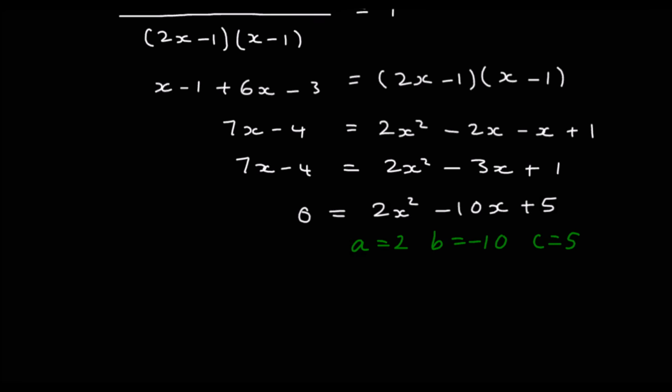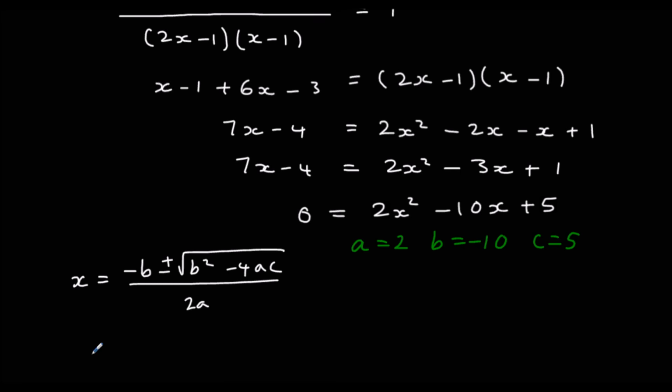And the quadratic formula says x equals minus b plus or minus the square root of b squared minus 4ac all over 2a. So I've got minus 10 plus or minus the square root of negative 10 squared minus 4 times 2 times 5